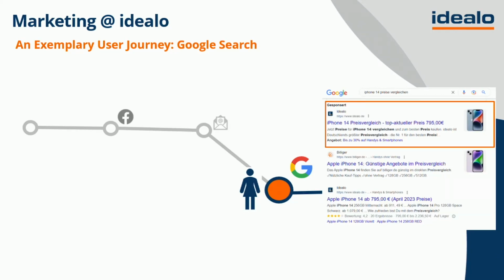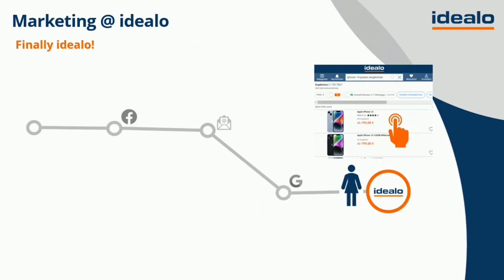Because she's had multiple touch points with idealo in the recent past, she's had a good experience in the past, she remembers idealo as a trusted partner, and through the search engine advertising ad, finally makes her way to idealo, where she completes her user journey by finding the best offer, clicking out to the merchant, and buying the smartphone. And Karen is a happy customer. So this is just one very short exemplary journey, showcasing a few of our marketing channels and touch points. And any combination of these will likely appear in a user journey and will reinforce each other, as we just saw.